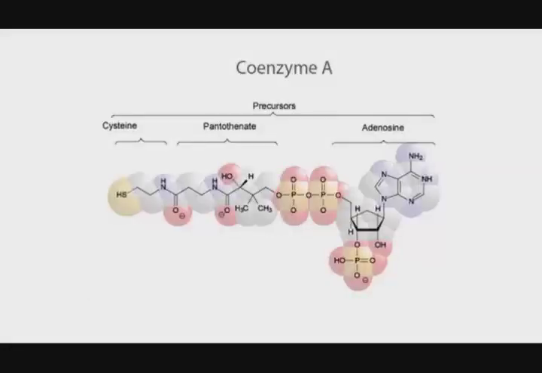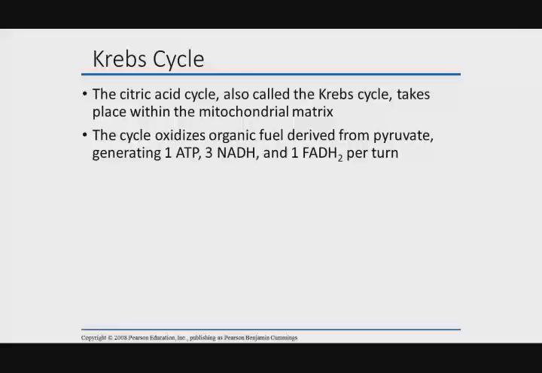So this is what coenzyme A looks like. Just so you know, that's what it is. We're going to feed that into the Krebs cycle. This is also known as the citric acid cycle or the tricarboxylic acid cycle. Now, from one turn, we're going completely through the process. We're going to get another ATP, 3 more NADHs, and 1 FADH2, which is just another electron carrier of a